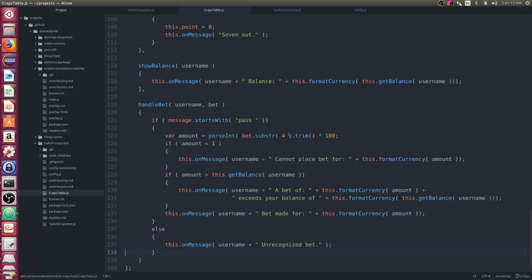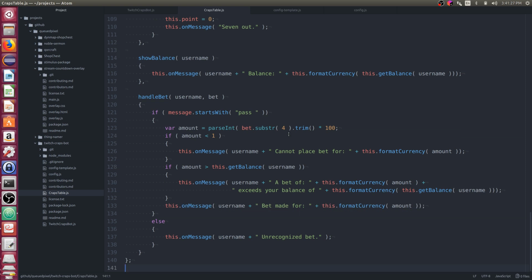I'm a little worried this bot will be a little chatty, so I'll probably get rid of some of these messages. I might get rid of these success messages, because I really only want the bot to say something if something's going wrong. But we'll start with this for now and see what this looks like. This doesn't actually place any bets, because we don't have data sources for that. This is just to parse out the bet and have basic handling of that so far.